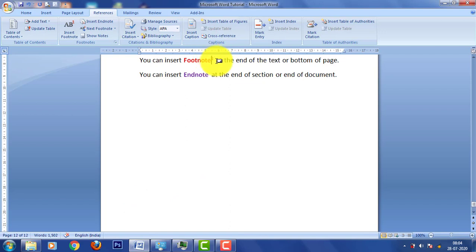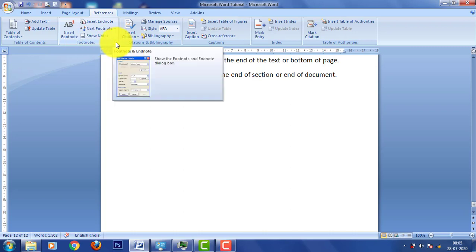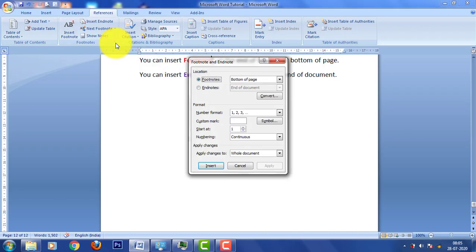Now you can change the format of this footnote. To format it, launch the footnote dialog launcher, and from here select the formats which are provided.